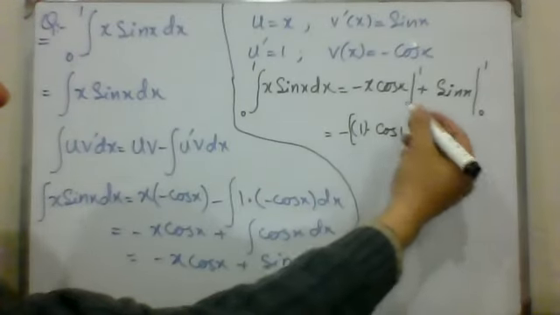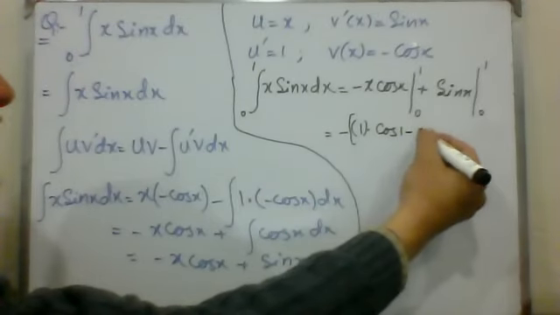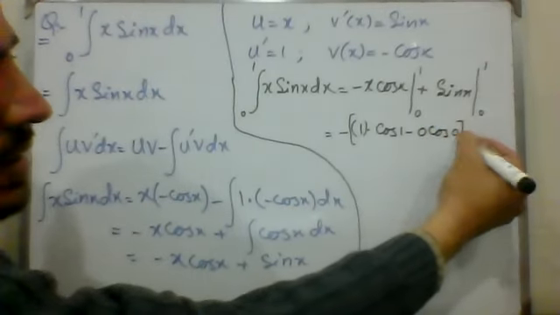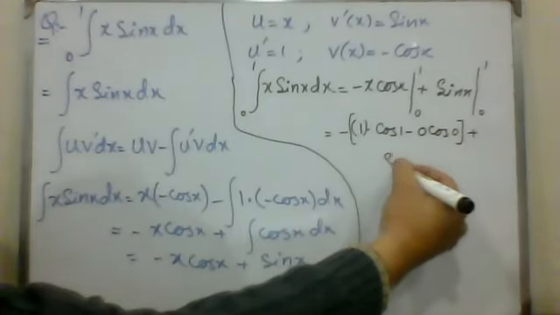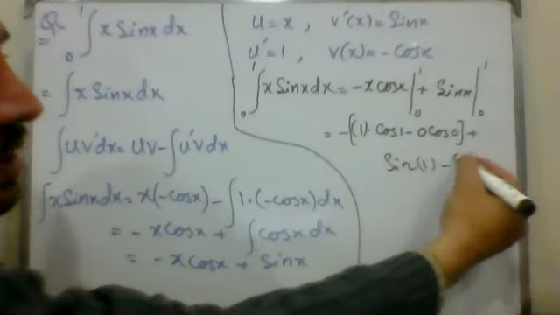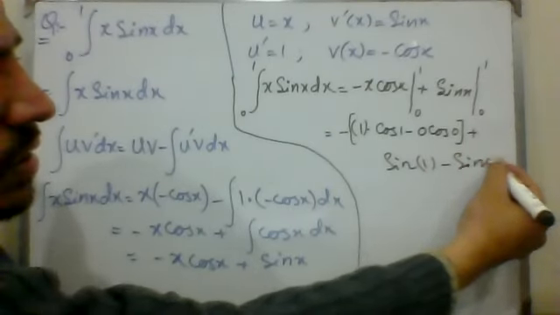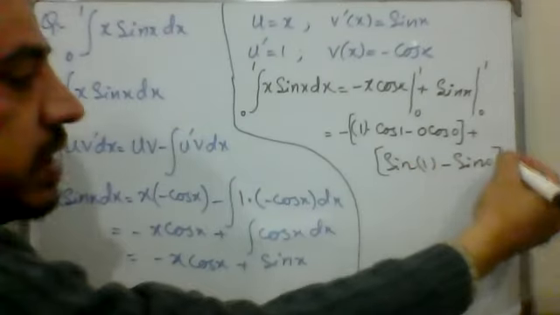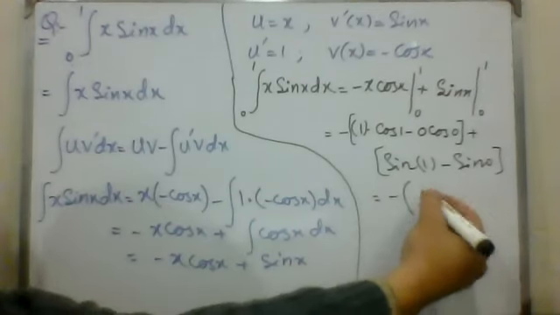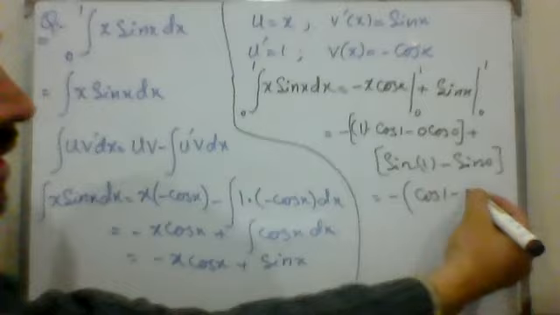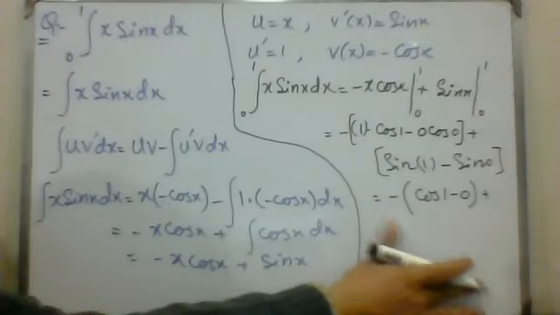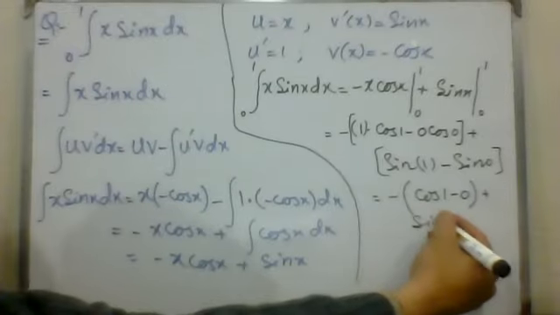Now putting 0 in place of x, minus 0 cos of 0, first term, plus sine of 1, in place of x we put 1, then in place of x we put 0. Now you calculate with a calculator what we get from here: minus cos of 1 minus 0 plus sine of 1